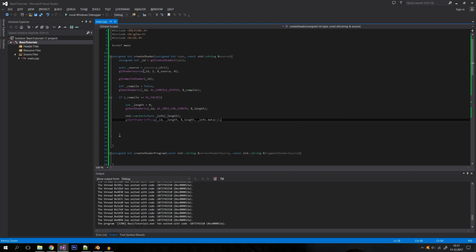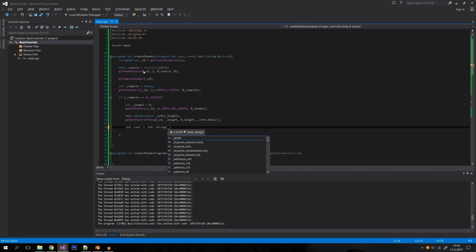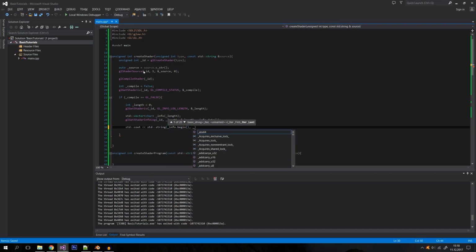So we're just going to call data, and then we can print the result. We'll have to create a string from this, and we'll copy the values from the vector into our string. And if we print this,